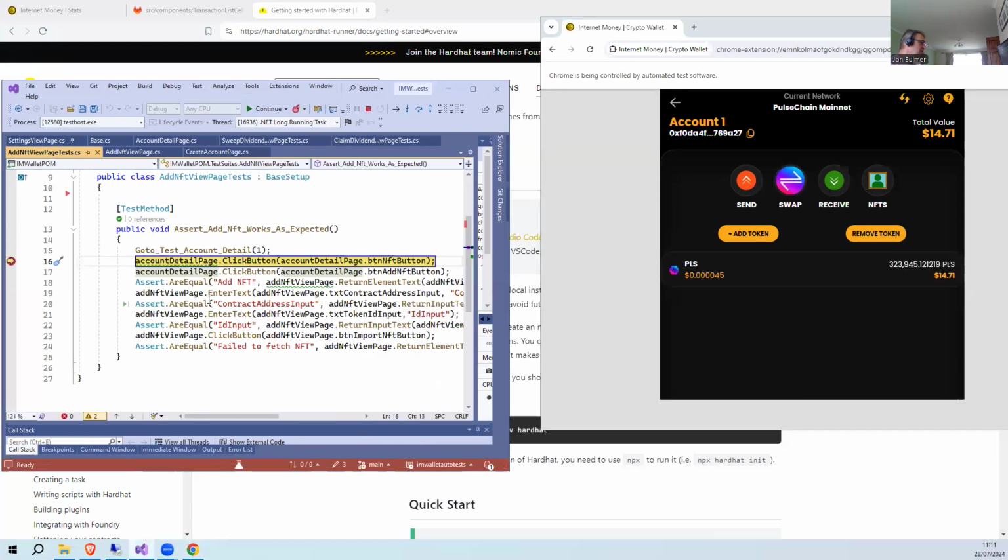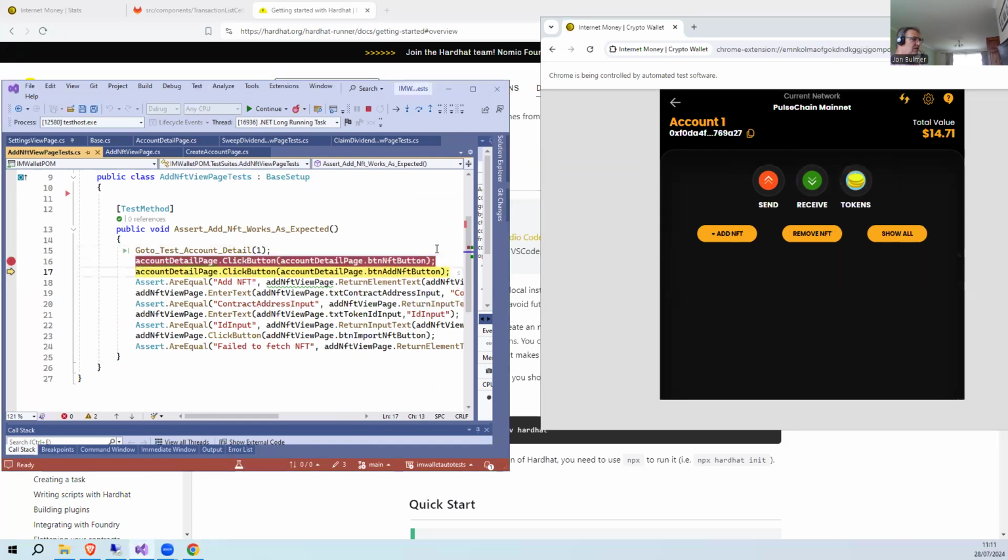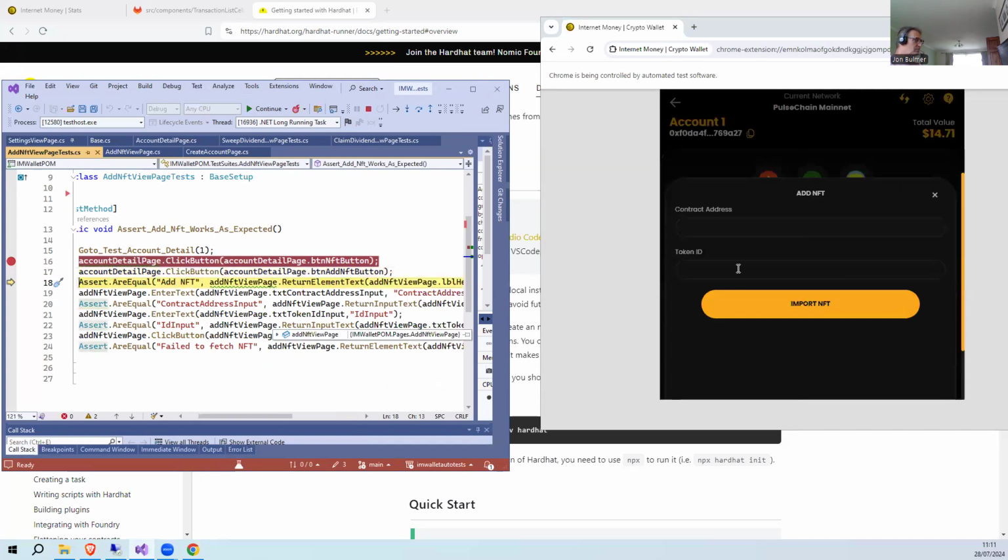So basically, it has fired up and gone to the account detail page. If I hit the F10 key here, in effect it has hit that button there. And then we're going to hit the add NFT button. Here's the add NFT button, and it hits that button, which opens up this new account page. So we check: are we actually at that page, is this equal to that? If it's true, that passes and it says, "Yep, you have hit that button." It loaded this, which is what we want to do.